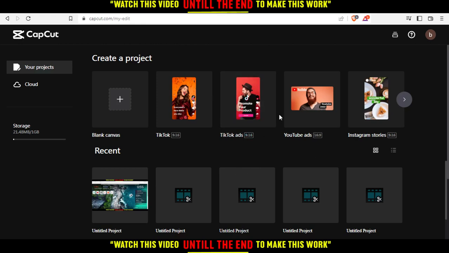And if you don't have an account, you'll need to create one. You can even create your account with a Google account if you don't want to go through all the boring steps of creating your account. So once you actually log into your account, you'll find this as your home or main screen, and from here you can open some of your recent projects if you have some,